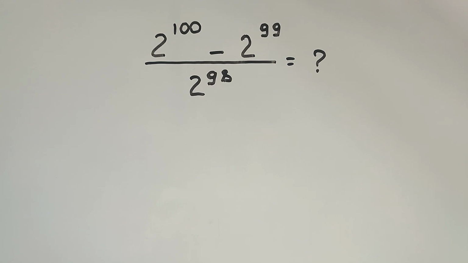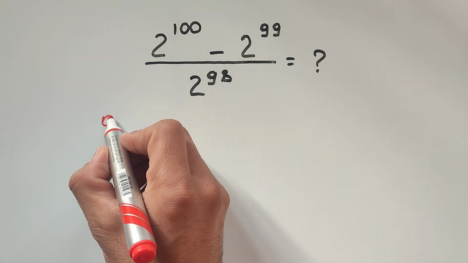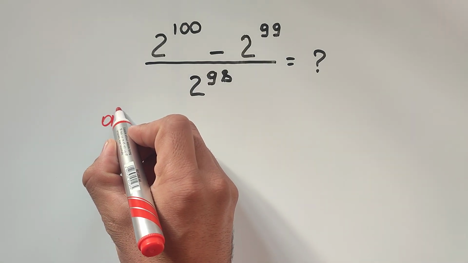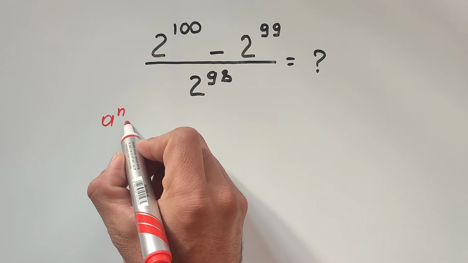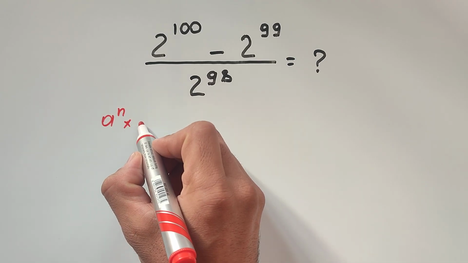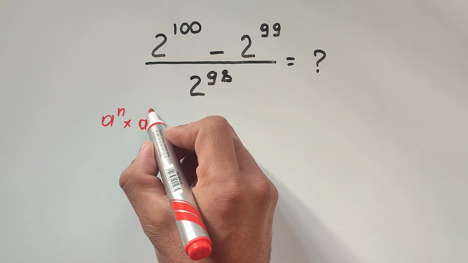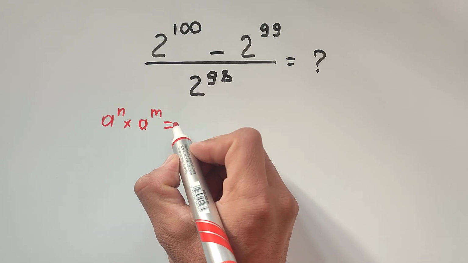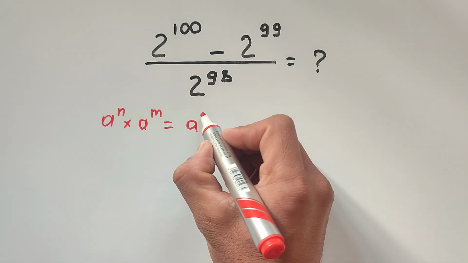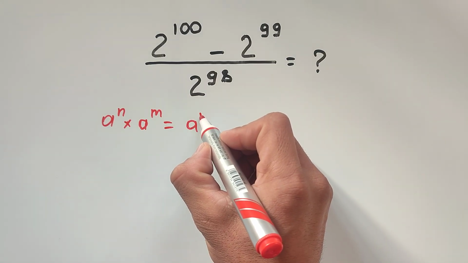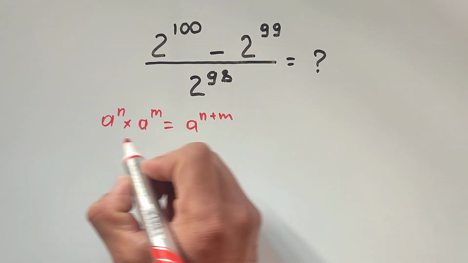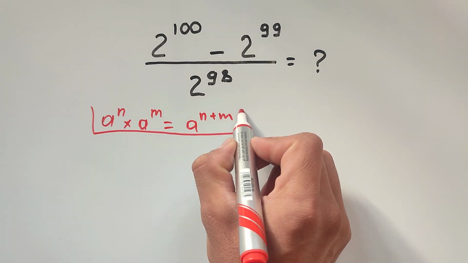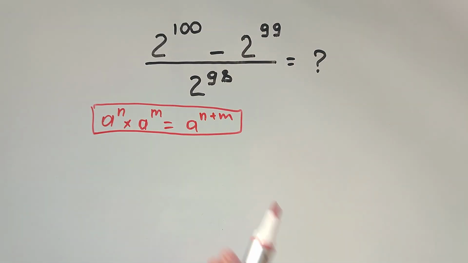First, we have to write this rule. a to the power of n multiplied by a to the power of m equals a to the power of n plus m. And according to this rule, we can write it